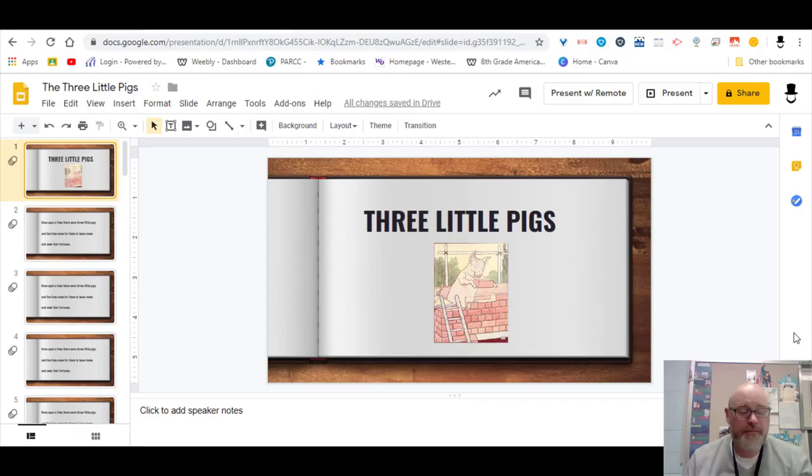Today's one is, I guess you could say, a little more elementary. I think this might be something that'd be really fun in maybe a kindergarten, first, second, third grade classroom, but I do think it is something you could probably adapt to use in upper levels as well. But I'm just looking at it more from a little kid